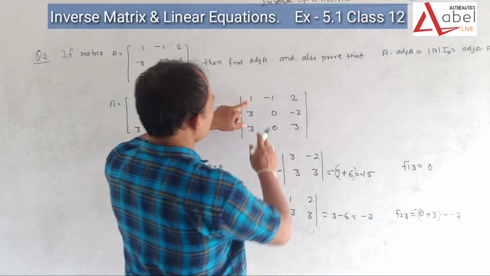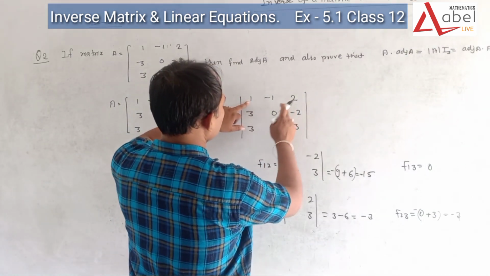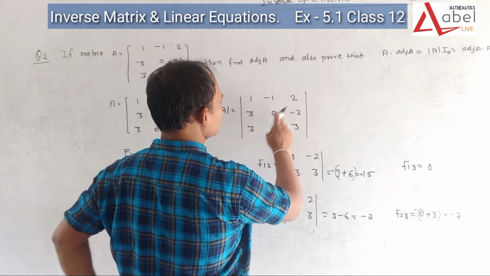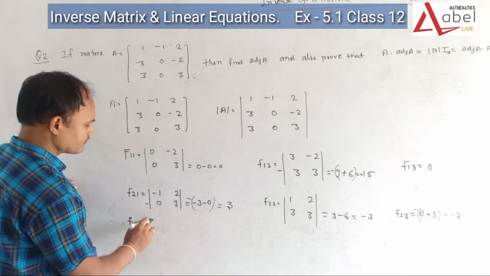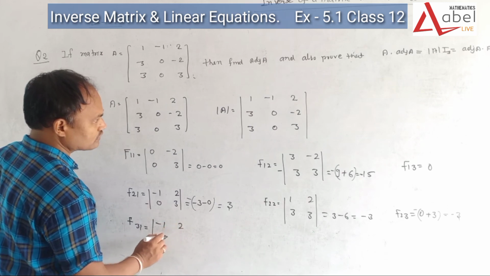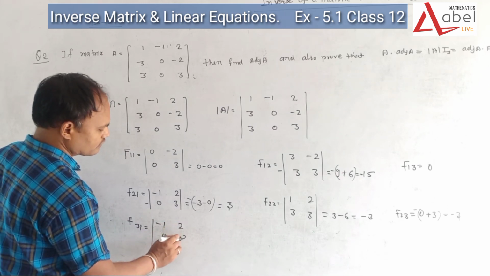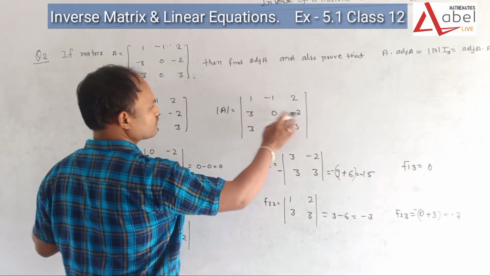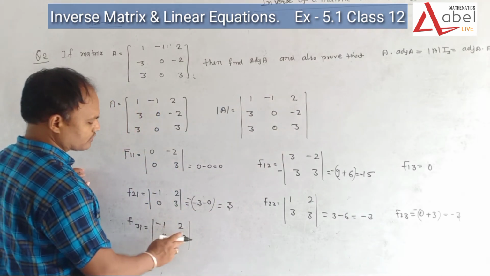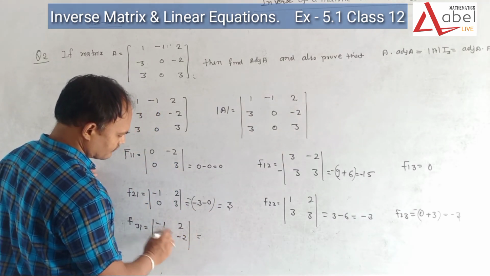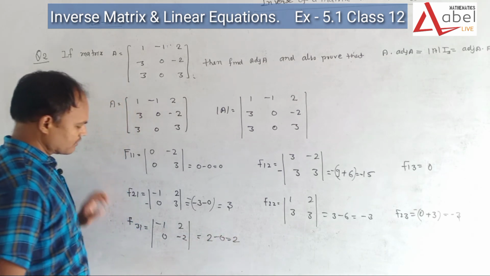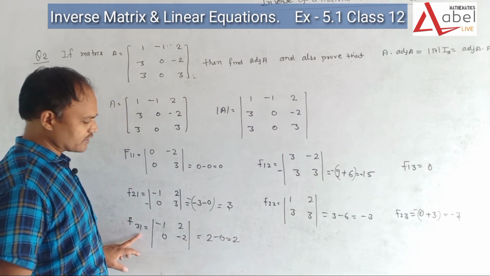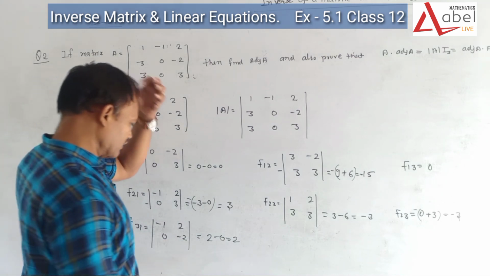So we have to use minus 1 2 0 2. This line and this line are removed, so it is minus 1 2 0 minus 2, so it is 2 minus 0, so we can say that it is 2, but it is 3 plus 1, so it is 4, so it is the same value, it is 2.